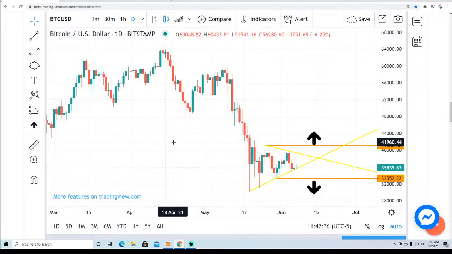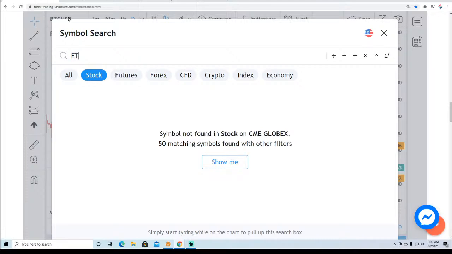And I would also watch Coinbase stock. It seems to be where that is going to some degree. We have a relationship with Bitcoin. So now let's talk about Ethereum